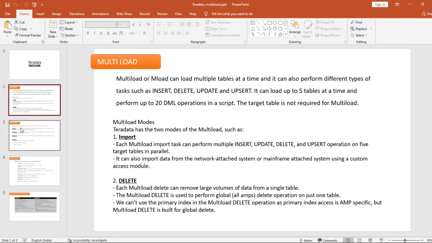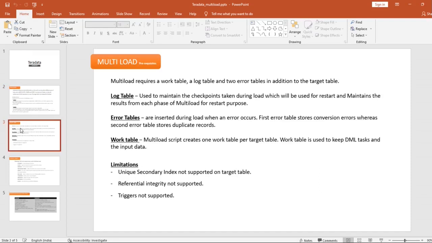Let's see what are all the prerequisites of MultiLoad. MultiLoad prerequisites are work table, log tables, 2 error tables. In addition to that, we need target tables also. Log tables are used to maintain checkpoints taken during the load, which will be used for restart, and maintain the results from each phase of MultiLoad for restart purpose.